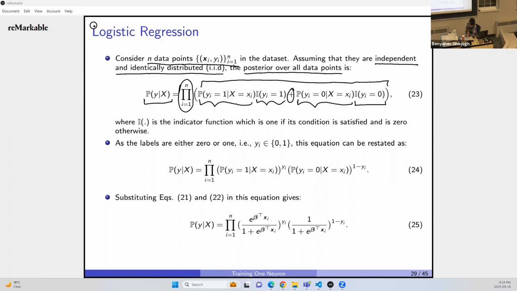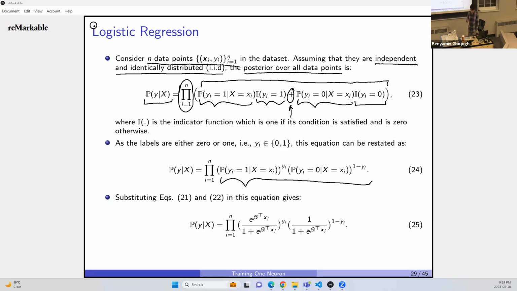Now what happens? This plus is a pain in the neck. Okay. How? Let's use a trick to get rid of this plus. By the way, when you learn these algorithms, you are learning the techniques too, right? So when you want to design your own algorithm, you can use these techniques, because these techniques are used a lot in different algorithms in machine learning. So this plus is hard. So what should we do? We can say here, yi is either 0 or 1. Actually, this time it is good for me to use 0 and 1, not -1 and 1. Okay. Here in this case, I want it to be 0 and 1. So